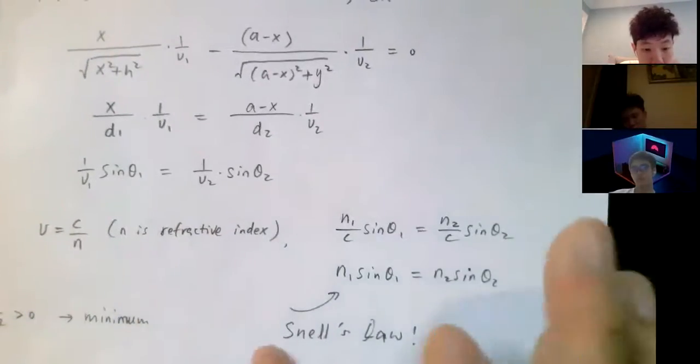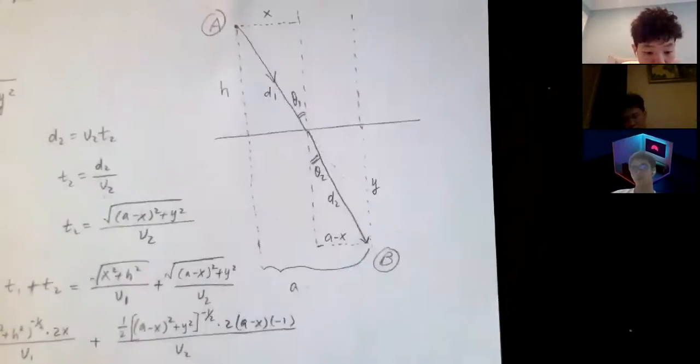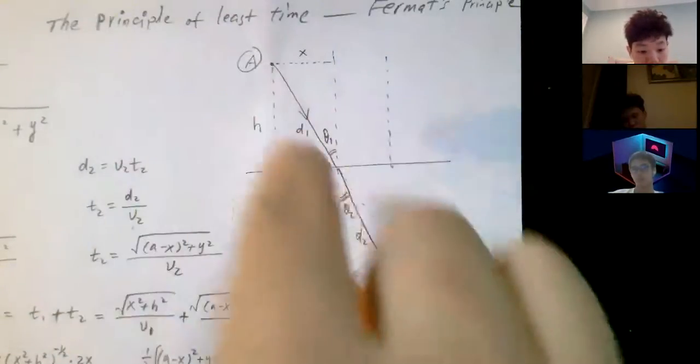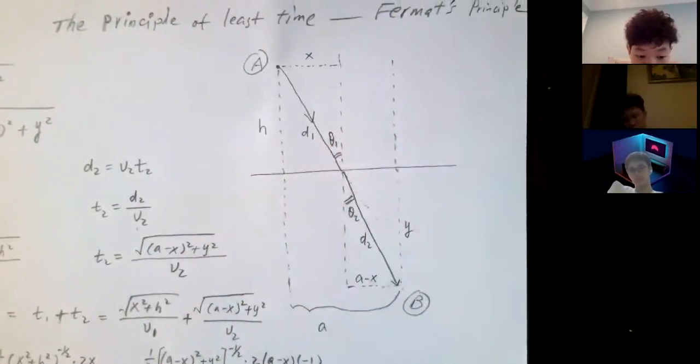Yes, this is a simple calculus application, a derivative application, to derive one of the very famous physics laws called the refraction law. Refraction law basically says that from A to B, when you're passing between different media,